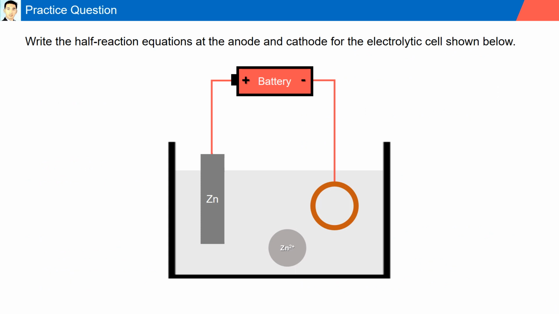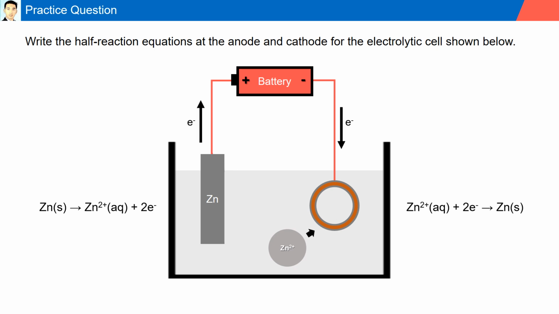Practice question 1. Write the half equation reactions at the anode and cathode for the electrolytic cell shown below. Here we have a zinc electrode being used to coat a metal. The zinc in solution, Zn2+, needs to gain 2 electrons to become Zn solid. The electrons are provided from the battery, where the Zn2+ in solution gains 2 electrons to become Zn solid around the metal ring. On the other side, the zinc electrode loses 2 electrons through the wire and becomes Zn2+ in